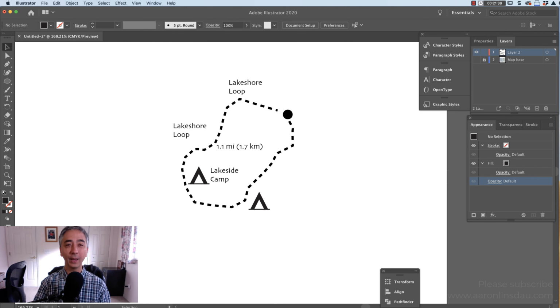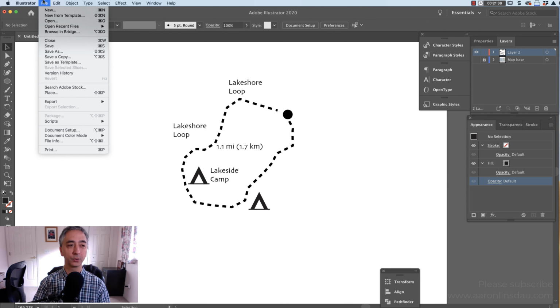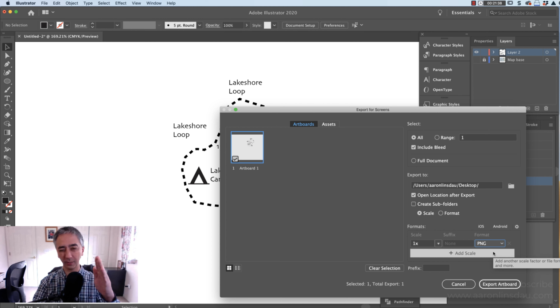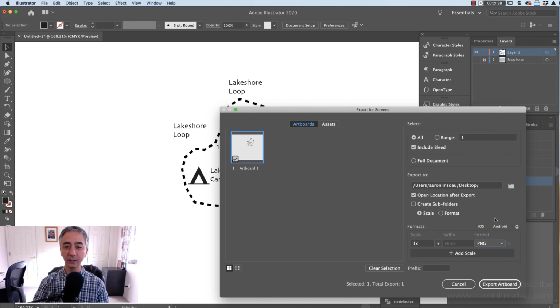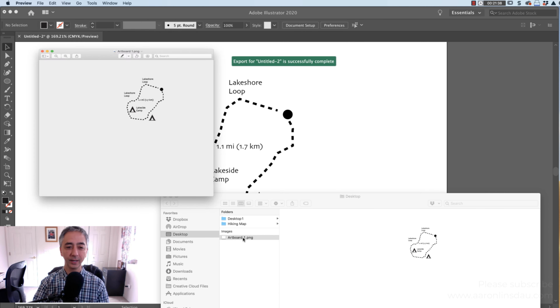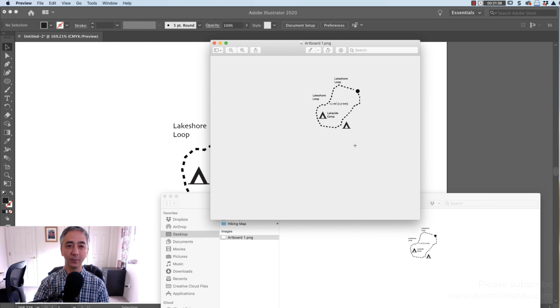And now that we have our map drawn, we need to export this picture somewhere useful. So now what you do is you go to File, Export, and we're going to export for screens because that's how we're going to view our map. And you're going to choose the location, just choose all these selections, it'll be fine there. And I'm going to choose the PNG file format because that keeps the edges of the image nice, unlike a JPEG where sharp edges can look a little bit fuzzy. And you simply click Export Artboard, and voila, I now have a hiking map that we can use and